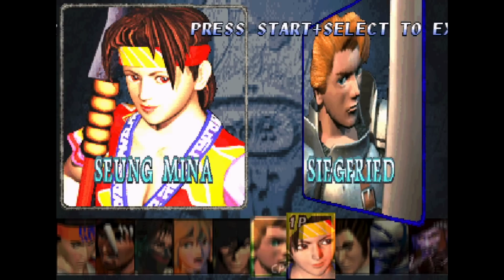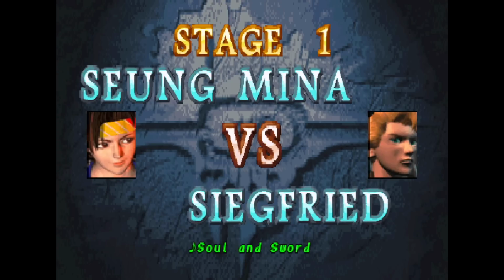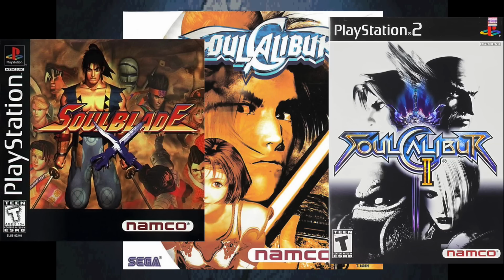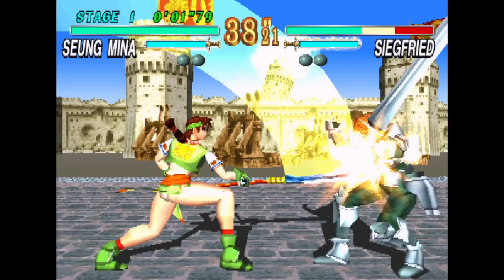She's been in the series since the first game, Soul Edge, aka Soul Blade. It's kinda confusing since this was the only main series game not called Soul Calibur, so the first Soul Calibur game was actually the second in the series. But the point is, Seongmina's been here from the start, and she's ready to fight you from a distance with